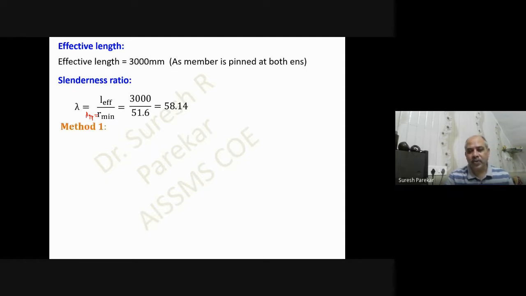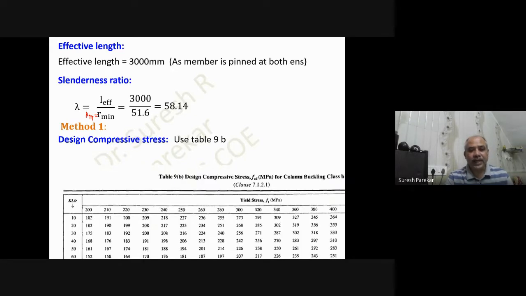Now we are going to use three methods. First method, we have table. We are going to use table 9b, which will give us design compressive stress. We have tables 9a, b, c, d for design compressive stress. Our buckling class is b, and therefore we are going to use table 9b. And in table 9b, we have the value KL upon r, and KL upon r we have 58.14, and for this